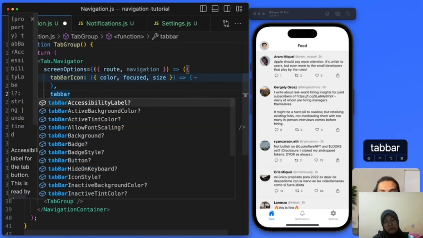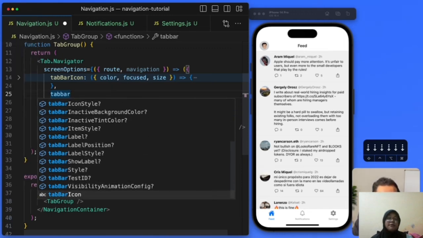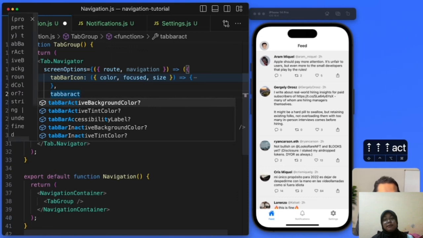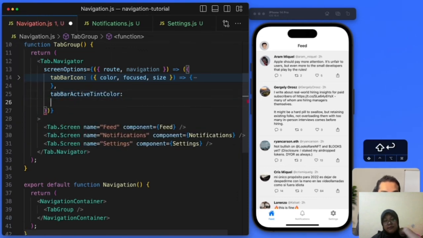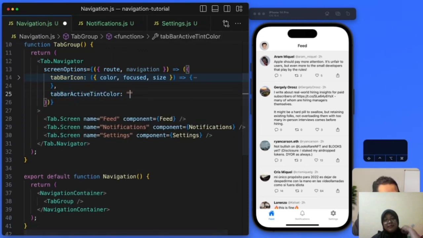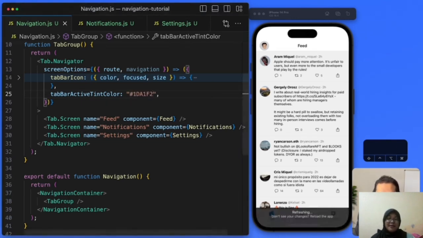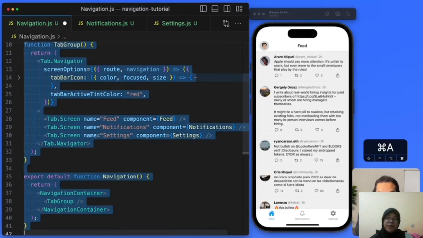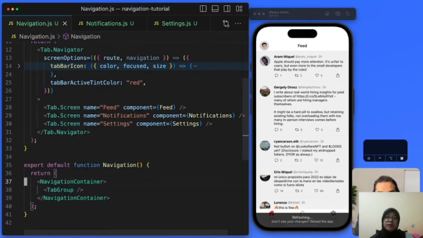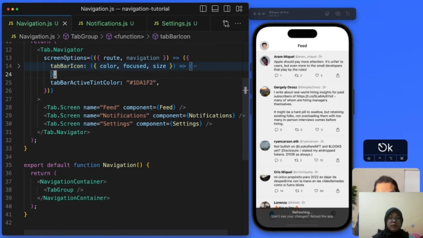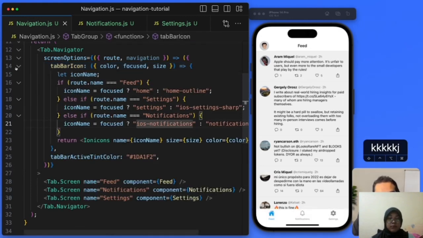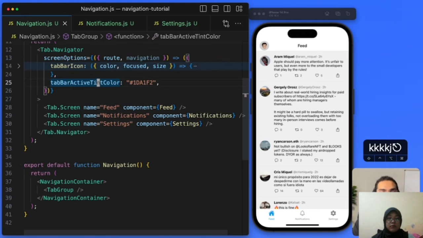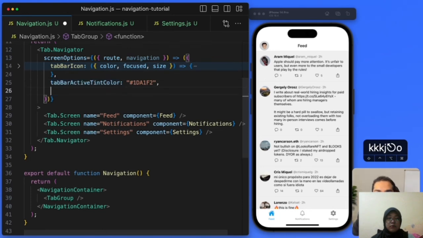If you type tab bar, you're gonna see a large list of things that you can use here. But I want to change the active tint color to be the following color that I have here, which is basically Twitter blue, like this. Hit save, and of course you can change this for whatever you want. So for example, let's say red. Oops, red. Hit save, and there we have it. Okay. So you can customize many things of this tab navigator, and you can learn more about this on the